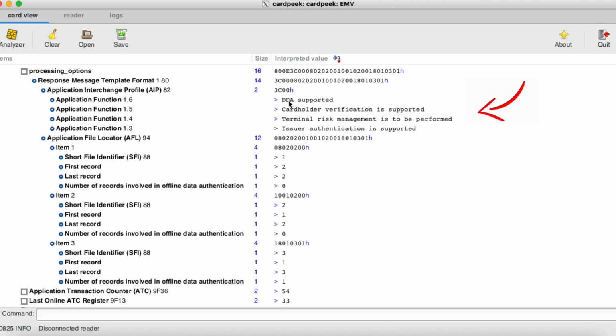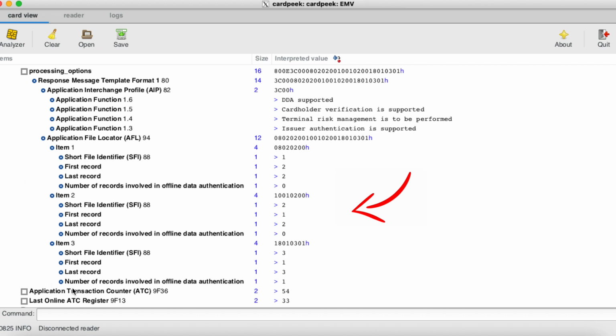So if you see here, it tells if the DDA is supported by the chip, if cardholder verification is supported, if terminal risk management is to be performed, and if issuer authentication is supported. The AIP is of 3 bytes. Each bit in the 3 bytes has its own significance. So the first byte's third, fourth, fifth, sixth bits signify this, which are populated.